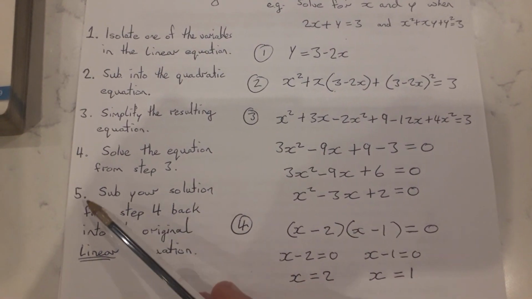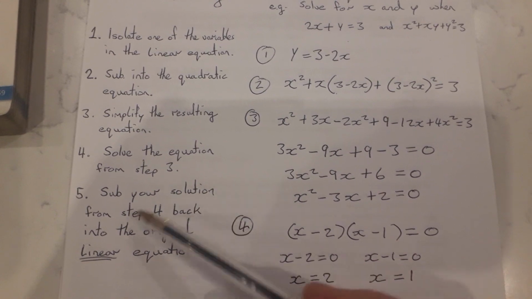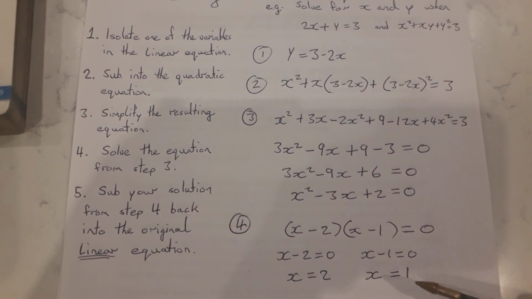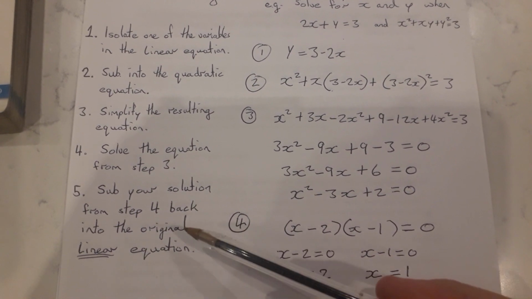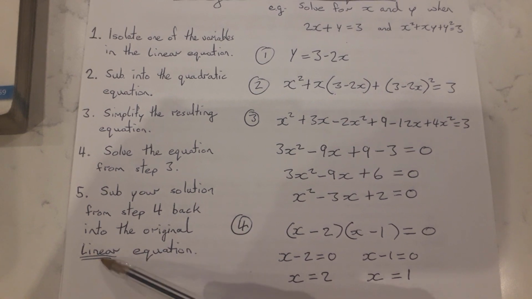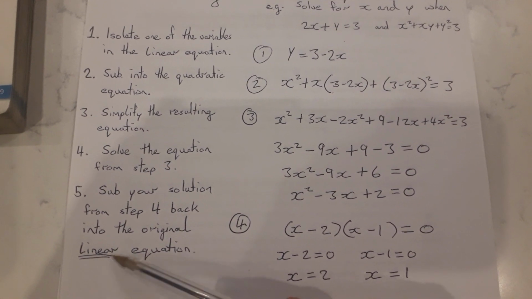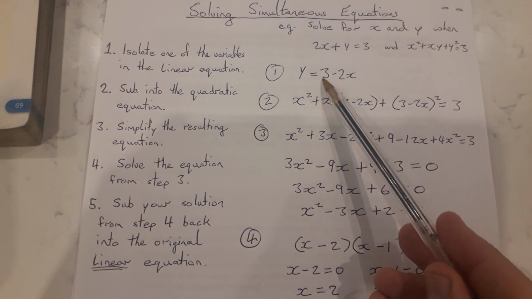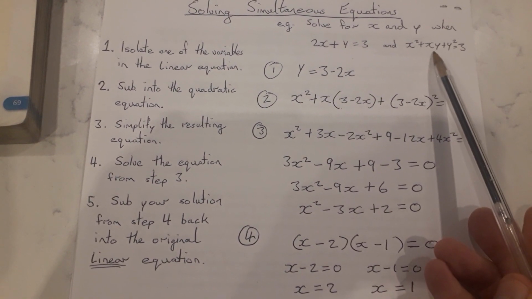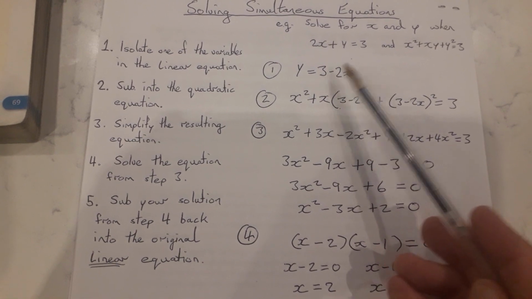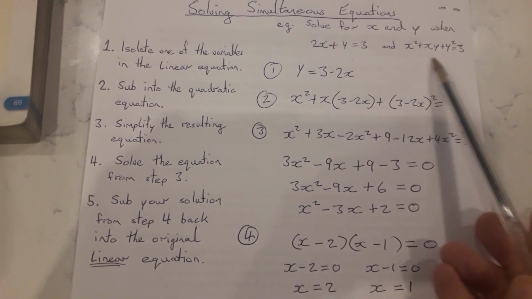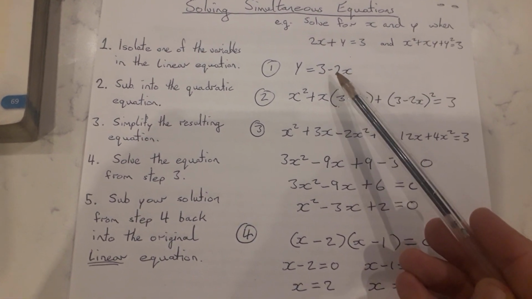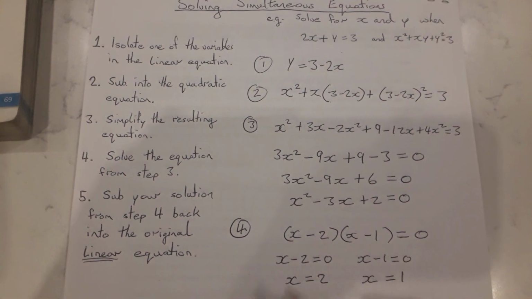So we've got our 2 solutions for x, 2 possible values for x, but we're not finished there, because the next step, part 5, says we must sub those solutions from step 4, the x equal to 2 and x equal to 1, back into the original linear equation. Now I've underlined it because it's important. You always sub back into the linear equation. So up here we can see this is the linear, that's the quadratic. We want to be subbing back into this because we don't want to be messing with quadratics again and making our work more difficult. So subbing in here, step 5,